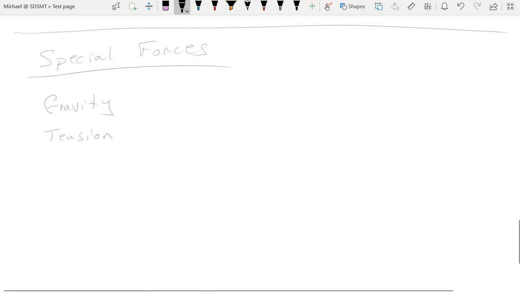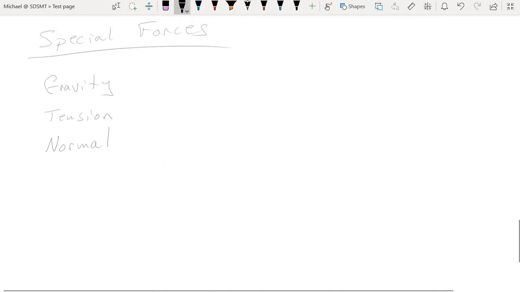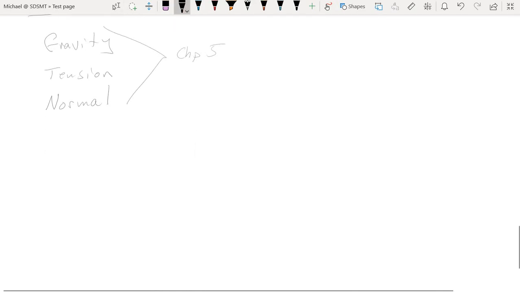And then we're going to have something that is called the normal force. We'll talk about that some more. And these will be the primary focus for this Chapter 5 material. And then we're going to segue into Chapter 6, where we start talking about friction forces,